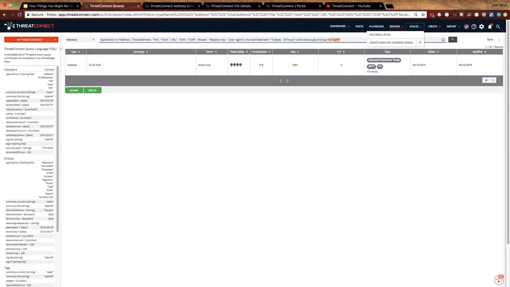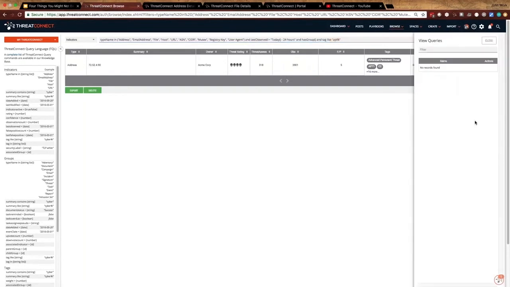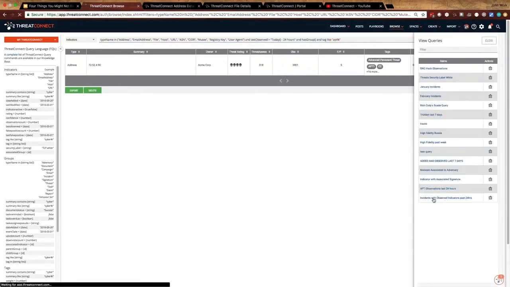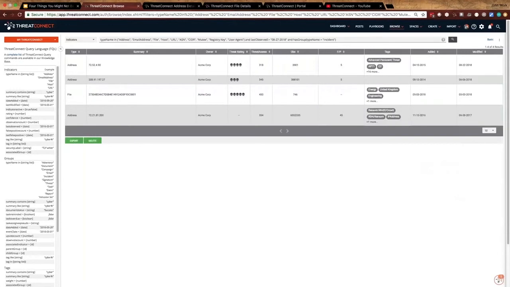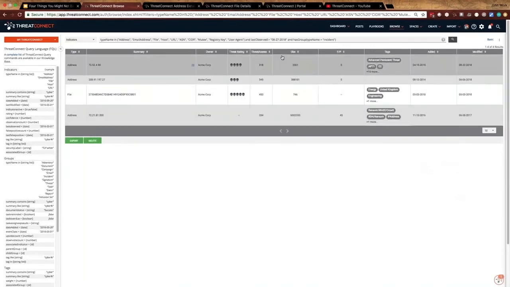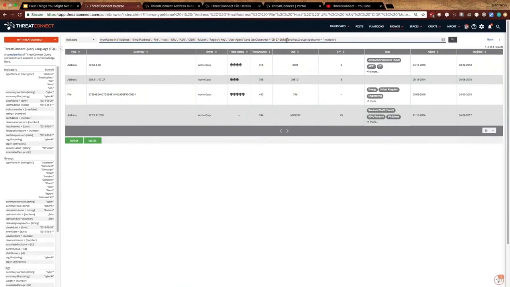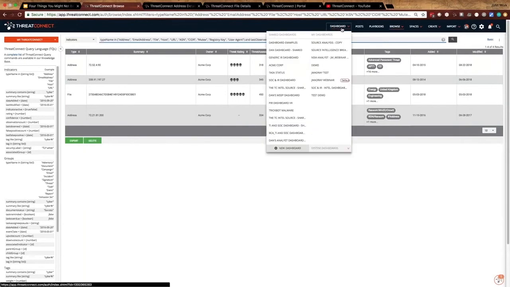We can go through and modify these to do multiple searches. So I did a few others that are incidents. So these are any incidents that we have in the platform that have observations within, I think this one is within the last 24 hours too, but this one we're using a static date versus using the today minus 24 hours. So these are searches where this information is relevant to us. These are things that we can continue an investigation with, and we can easily turn those into dashboard cards.